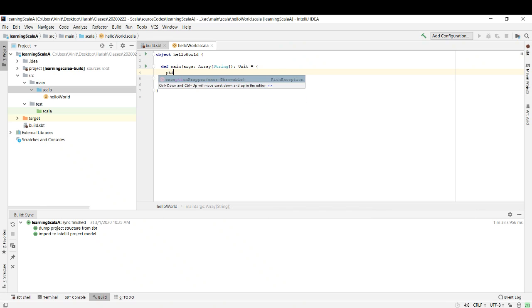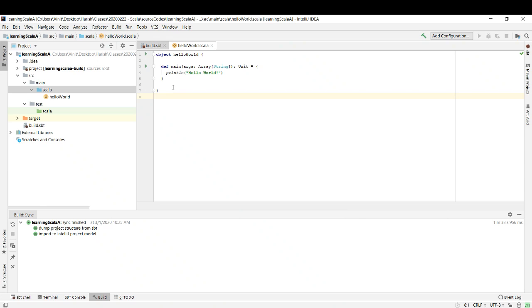So let's say I want to print something. If I want to print anything, I will just write a println function, and I will say hello world. So what I'm doing is writing a program that displays hello world. Spelling mistake, print hello world. Okay. So I'm done. To save the program, use Control S, and